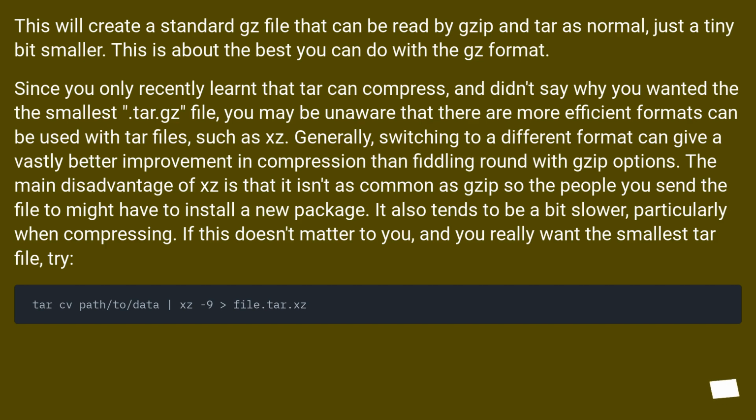The main disadvantage of xz is that it isn't as common as gzip, so the people you send the file to might have to install a new package. It also tends to be a bit slower, particularly when compressing. If this doesn't matter to you, and you really want the smallest tar file, try: